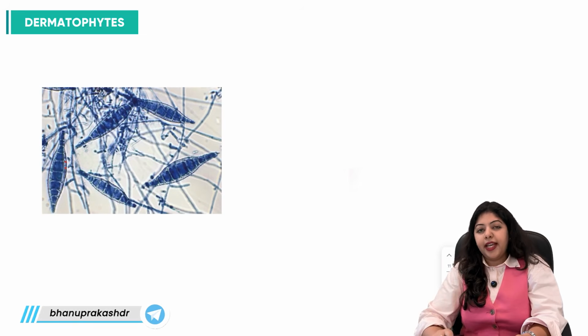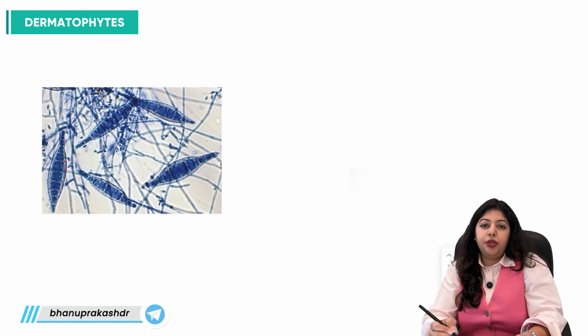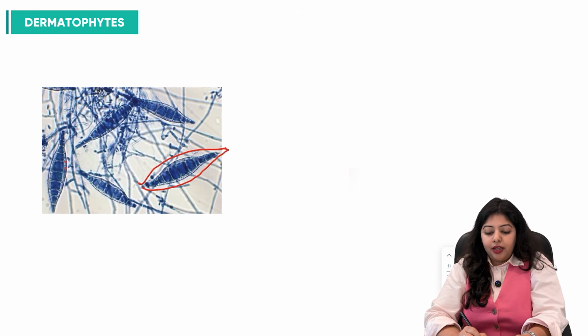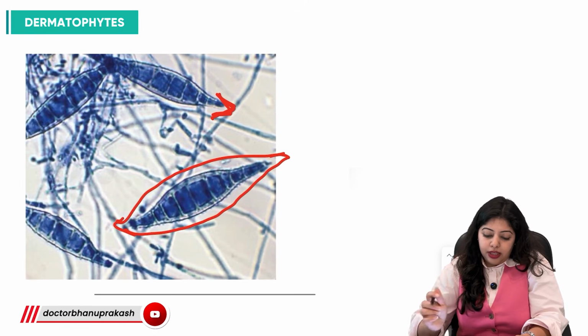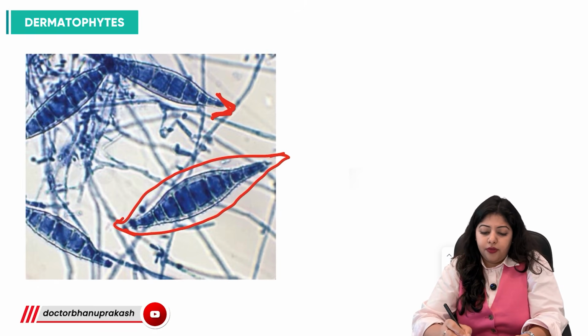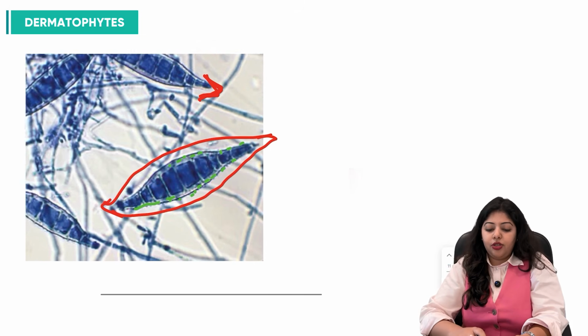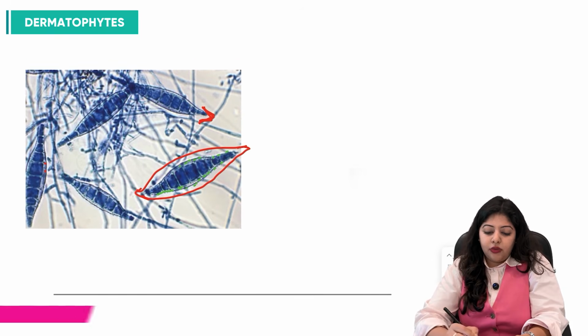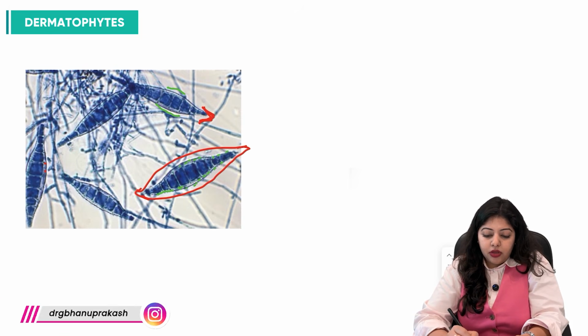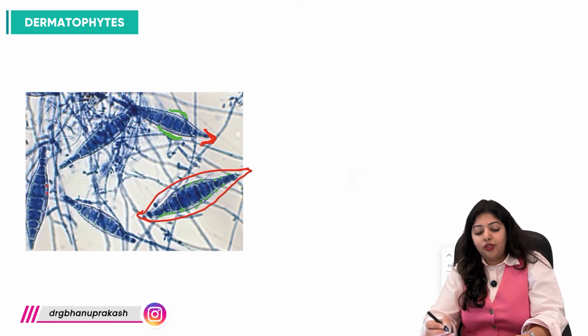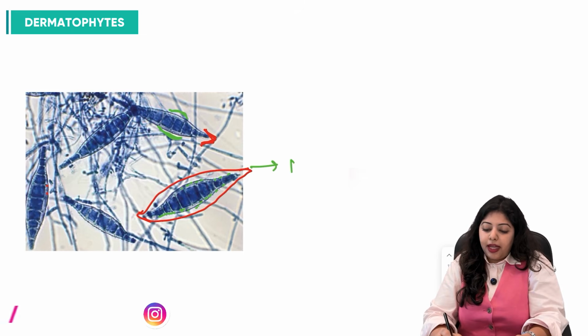Now moving on to the next image. I think now we are able to identify it very easily. It is spindle shaped with pointed ends, right? And if we look closely, these walls are not just smooth. We can appreciate the small granular structures which are present around. Look at the thickness of the walls. Can you appreciate the thickness of the walls? These are thick walled, right? So this makes us identify the next dermatophyte, which is the Microsporum,